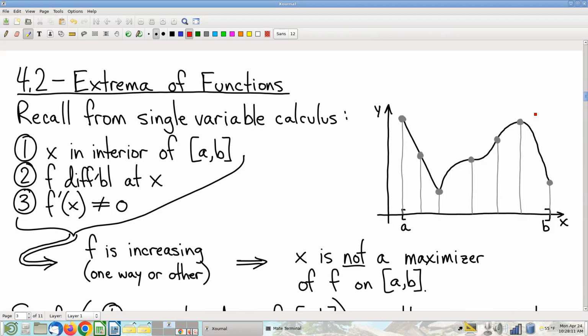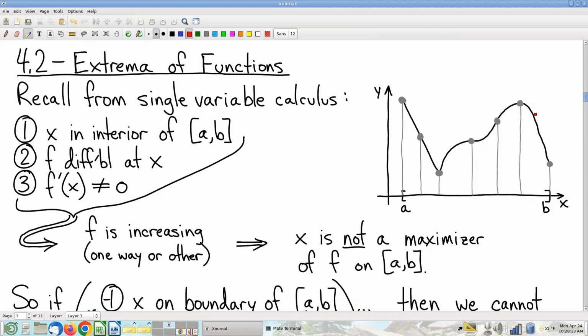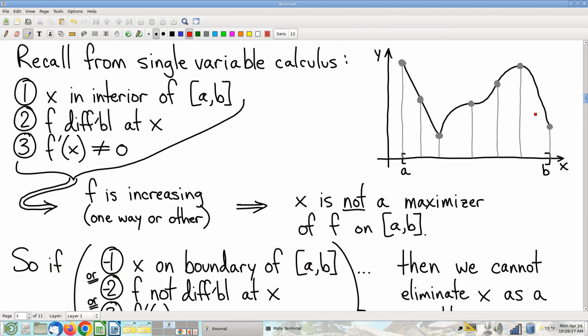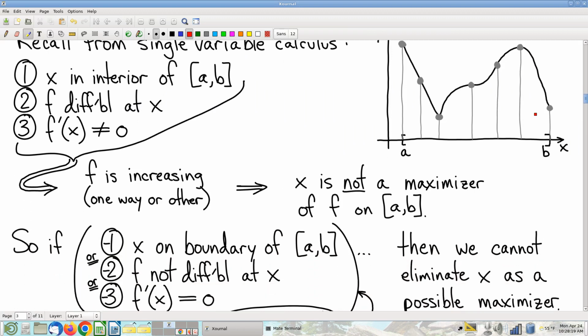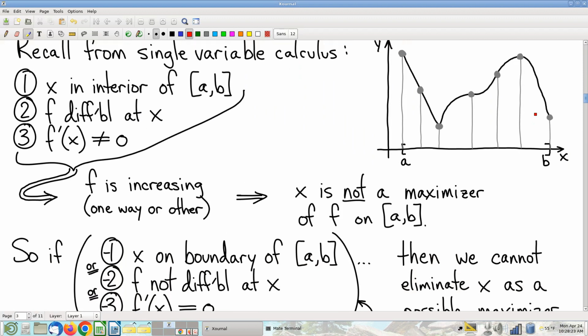Okay. On to 4.2. Extrema of functions. Again, a bunch of review. Here's a bunch of single variable calculus stuff that I think y'all remember. And that is that if you're looking at a point, kind of like, let's say this point here or this point here in the domain of some function, we're looking here at the graph of some function. If these three properties are satisfied,